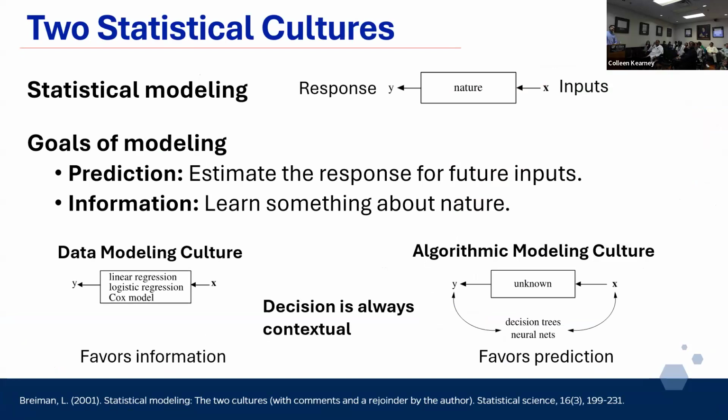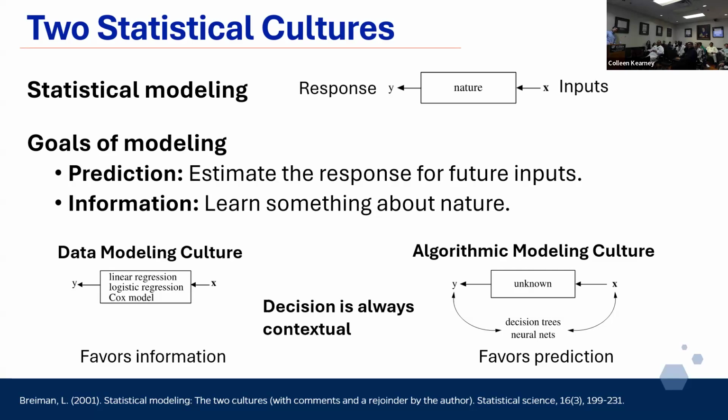Yeah, so this one is about the difference between conventional statistical methods and what you might call machine learning. I found this myself multiple times with potential collaborators here at UF. MD researchers are quite familiar with the conventional stats part, but not so much with this algorithmic modeling culture. This paper came out a long time ago, actually, in 2001, and divided the statisticians into two camps: one is the data modeling culture, one is the algorithm modeling culture.